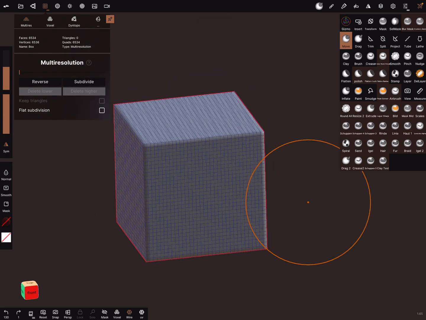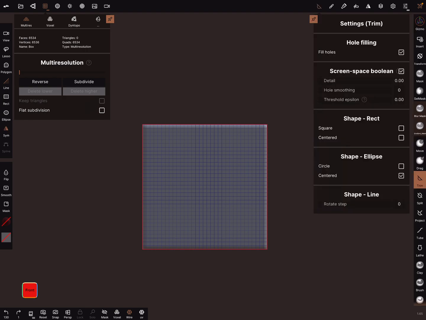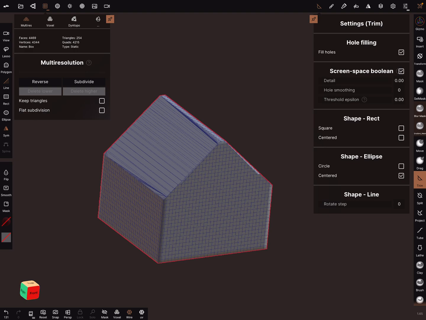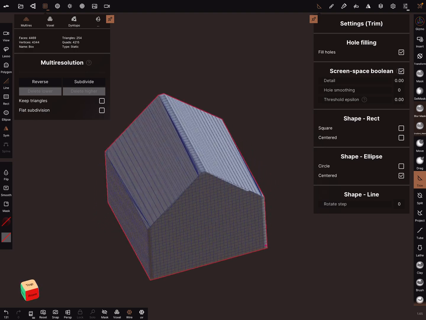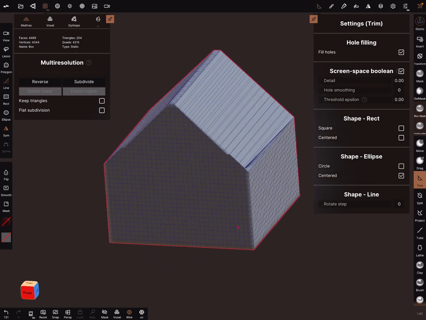Okay, and the poly count is very high. And of course you can use the trim function and hole filling and use the symmetry and trim your object, but it's not exact, and yes, that's not very quick.